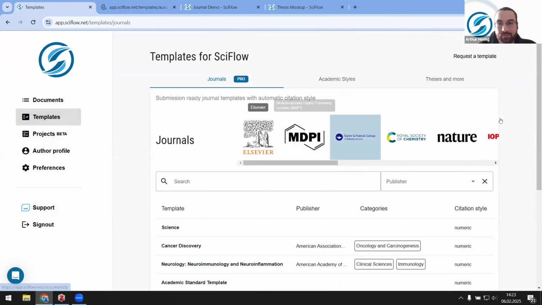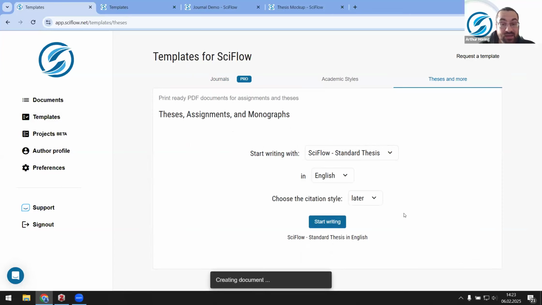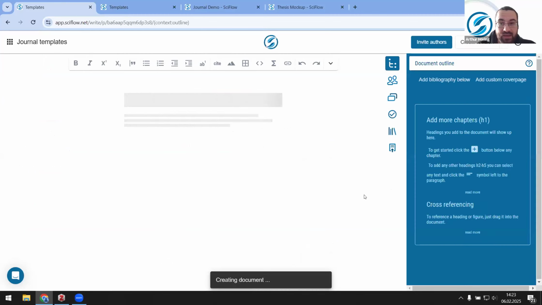So for now, let me go ahead. I'll open this in a new tab. I'll just quickly create 2 new documents. We'll start with the thesis one. So here I can just say, hey, I want to write a thesis, and let's have you look how that looks like. So if I click on start writing here, it will create a document for me, and it will create